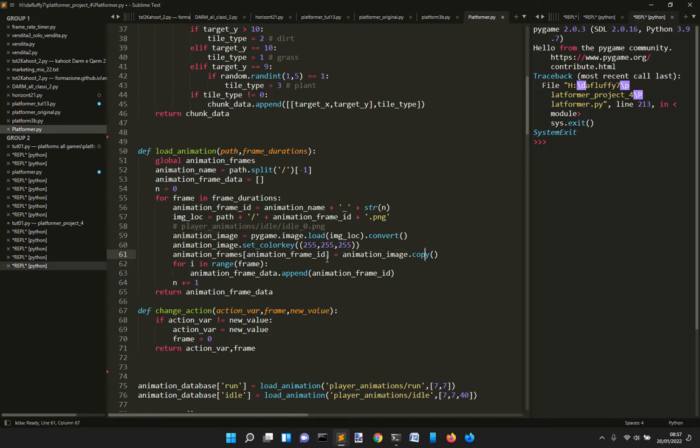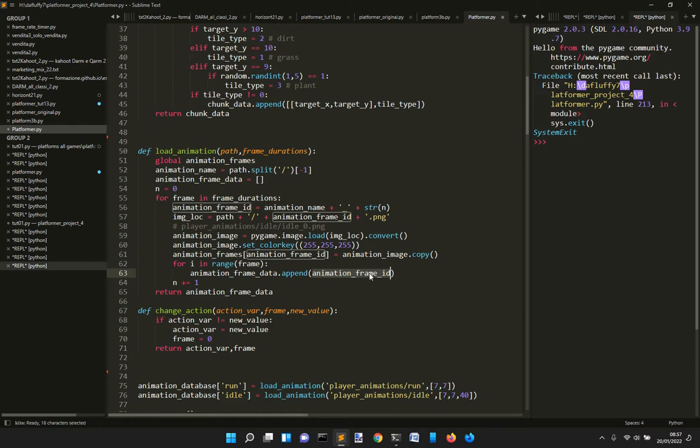So you copy this image into animation frames, and for each frame in range of the frame duration, so for 7 and 7, for the same amount of time, it will append animation frame ID. So it will append this image 7 times,